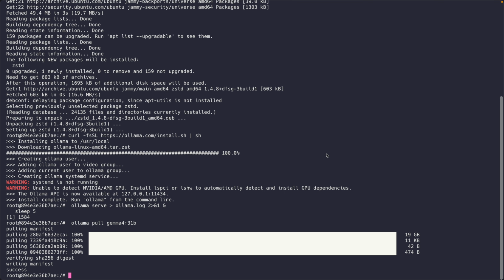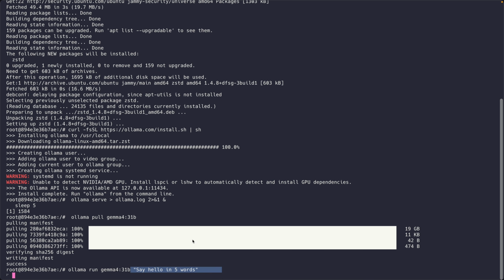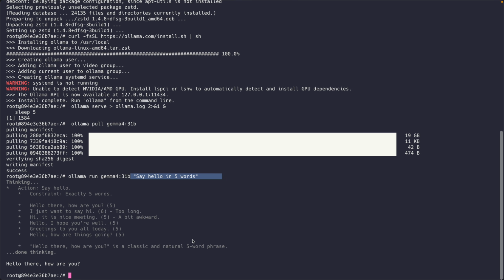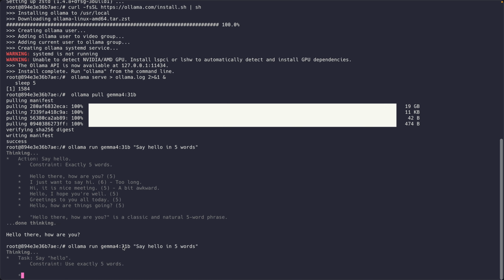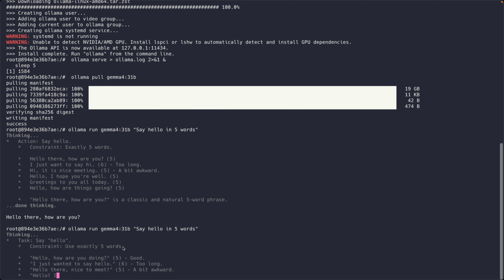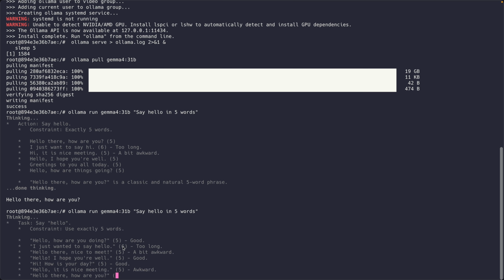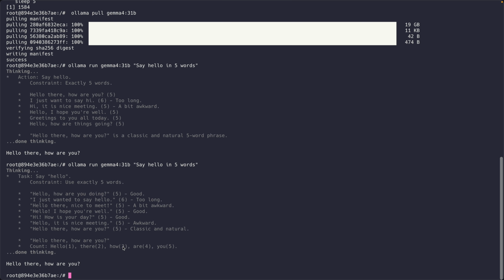Now before installing Odysseus, I just want to make sure that it is working. So I will run this command, ollama run gemma4:31b, and this is my prompt where I'm saying, say hello in 5 words. Hit enter and let's see. Alright, the model is loaded. It took some time to load the model, but once it is loaded, it worked really fast. You saw that. Let me show you once again. So I again asked the same question, and this time we didn't have to wait because the model is already loaded in the memory, and now it is just working, and that is perfect.